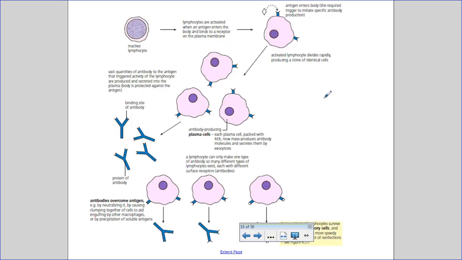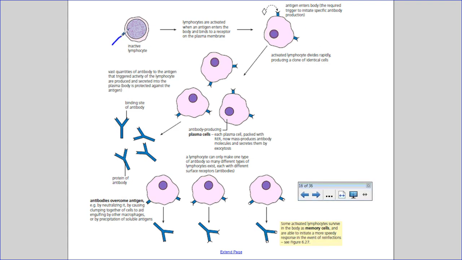So how does this response all play out ultimately? If we have our inactive lymphocyte, this is our inactive B cell, it's just kind of hanging around, not doing much, just waiting for antigen to show up. Now antigen has shown up, and this antigen is specific to the B cell receptor on this particular cell. It'll become activated,